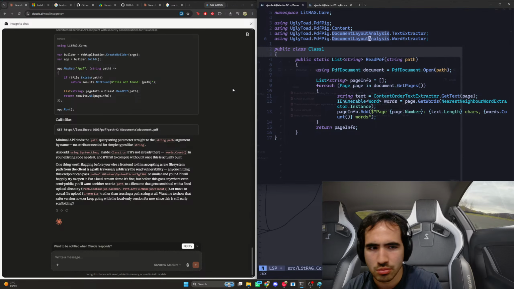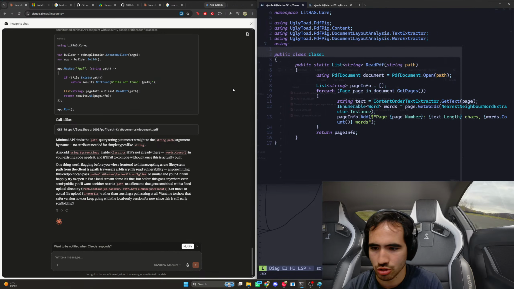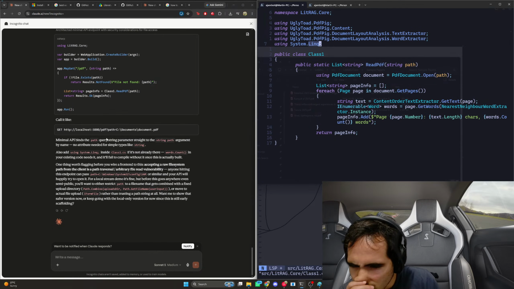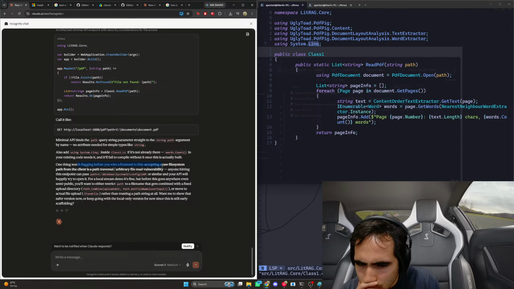Also add using system.link. I guess sure. System.link queue. Words count uses it. Sure. One thing we're finding if you're accepting a raw file system path. Hitting the endpoint compat. Sure, but it's for a demo. It's fine.